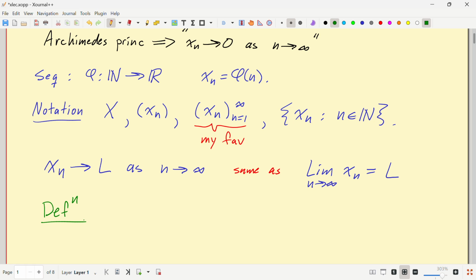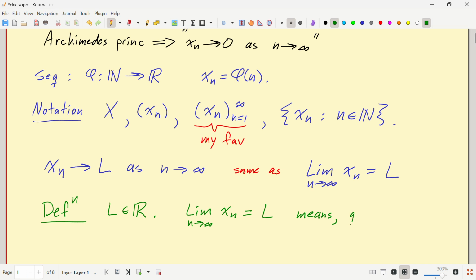Anyway, the definition that turned out to be the right way to think about it is, suppose we have a real number L. Later on we'll talk about the case of a limit being plus infinity or minus infinity, but we're not thinking about anything that fancy yet. L, the limit, needs to be a real number. And then we'll say the limit as n goes to infinity of a sequence x sub n equals L. That's going to mean,